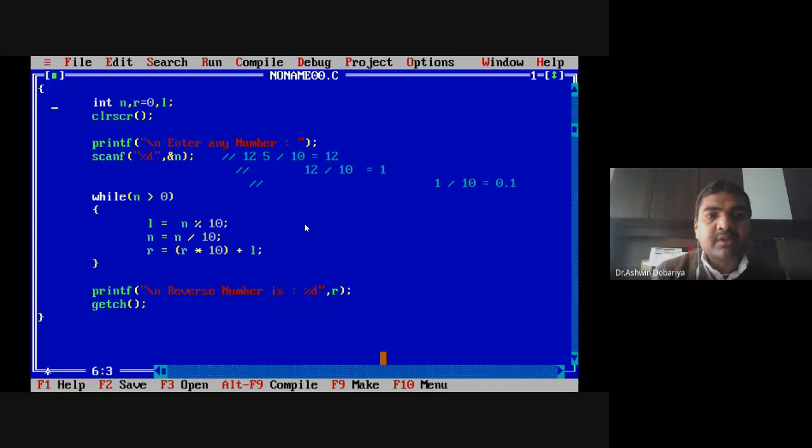Right? There are two main things you have to think about. One is how to separate the last digit, and once you separate it, how you can make the second digit, then the third, and finally how you can convert it in reverse. So this is the logic. Reverse number: first time, initialize it to 0, then multiply by 10. Why do we have to multiply by 10? Because each digit is multiplied by 10 as per mathematical norms, and in that we have to add the last digit. Now let's explain with an example, then you can understand.